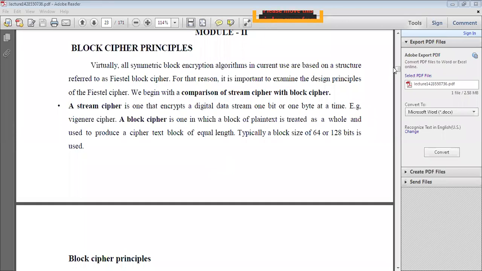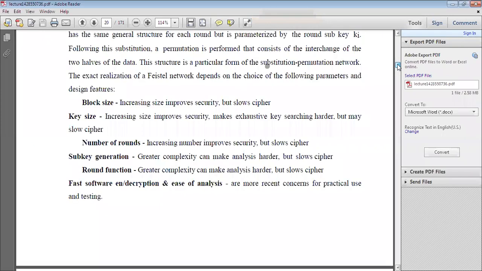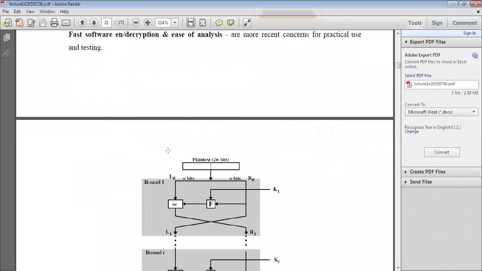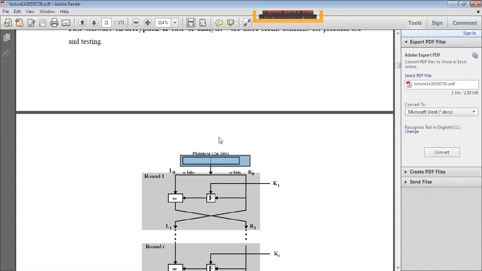That is, converting the data. Already in the Feistel network, the entire data, the plain text, we have to divide into blocks. This is one block, a 2w-bit block. With that block only, you can apply the keys, and finally you can generate the ciphertext. So this type of mode of operation is called block mode operation. And the second one is where you consider the stream of bits, that is the stream mode of operation.